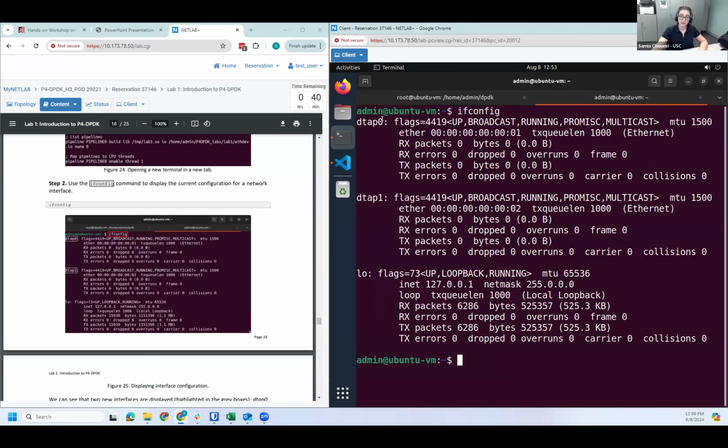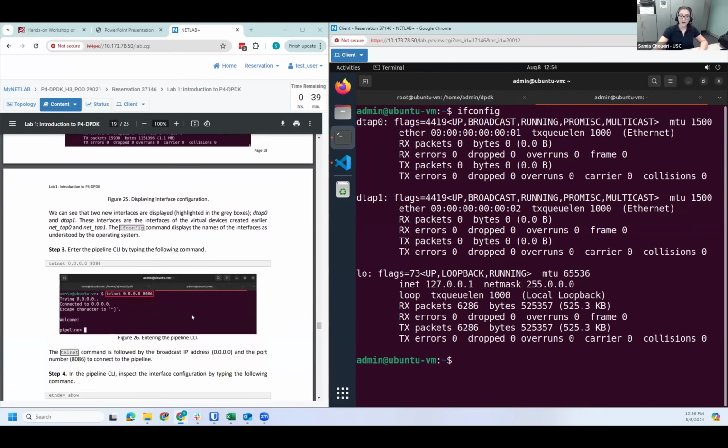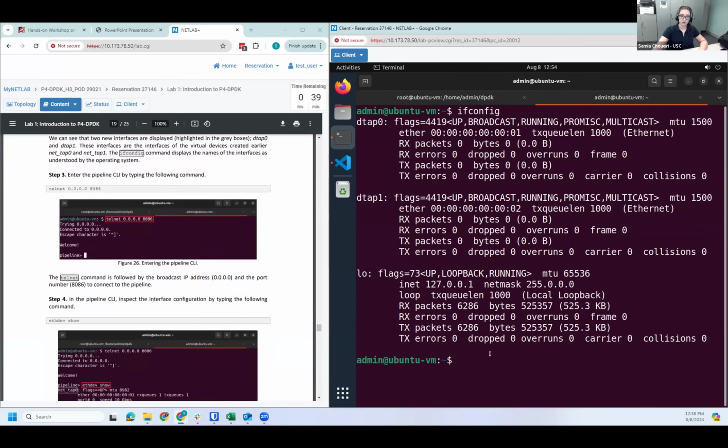These are the names, or the tags, given to these Ethernet devices by the operating system. Any operation that involves the operating system will have to use these names to refer to the interfaces. You can see that the MAC addresses are the ones that we have specified for NetTap 0 and NetTap 1. But to access the pipeline, we can type this command: telnet